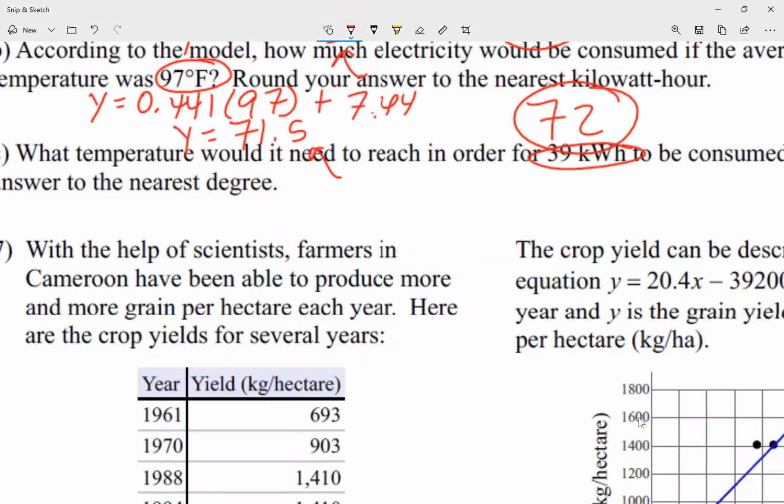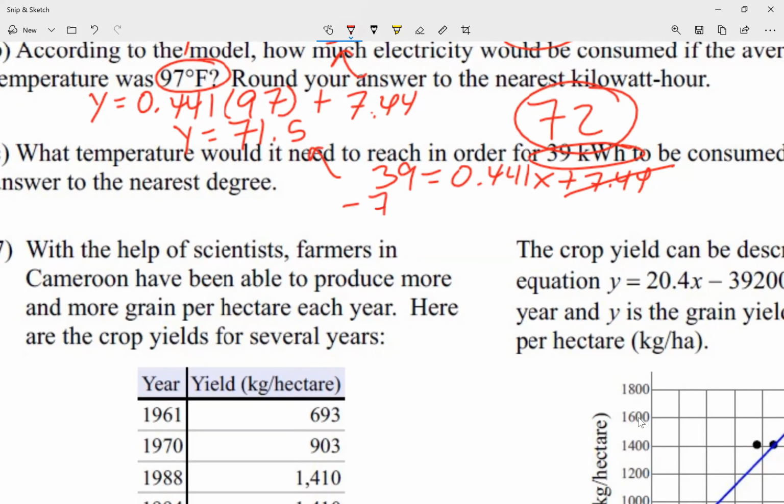So let me rewrite this as 39 is equal to 0.441x plus 7.44. To get the x by itself, let me subtract 7.44. So that gives me 31.56